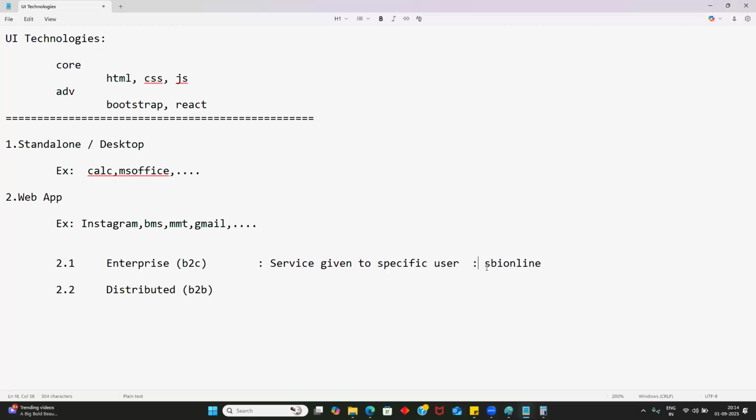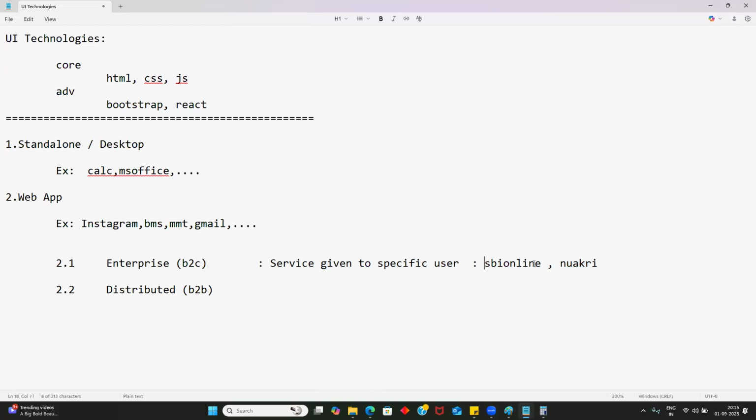Let me take one more quick example: Naukri. Again, same scenario. Naukri is a web application and it gives services, you know what services Naukri gives. That service is given only to persons who have created an account. For Naukri, the customers are job seekers, who are students and those who are already working, like me. And one more customer is there: recruiters. Recruiters get our resumes through the Naukri portal only.